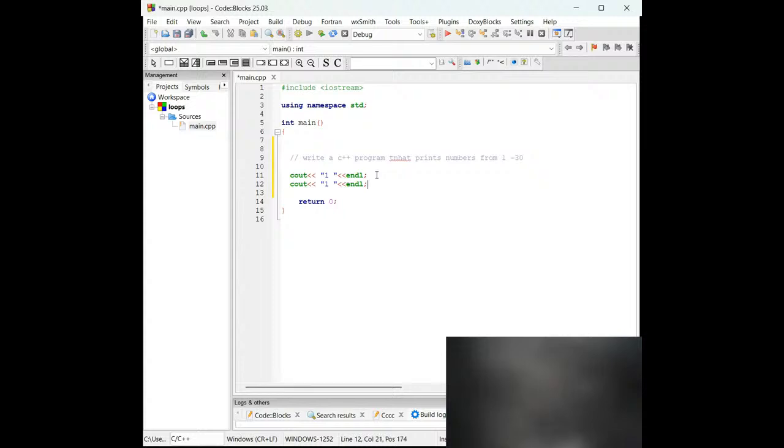You are going to do cout, cout, cout, which is going to be lengthy because you have to do cout 1, cout 2, cout 3.